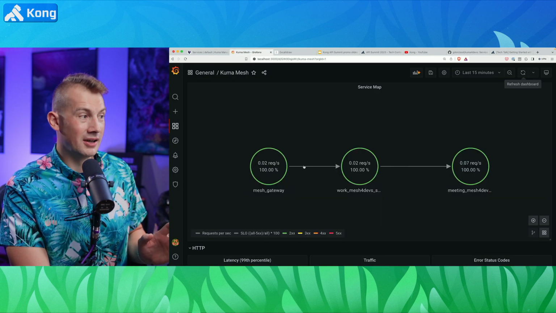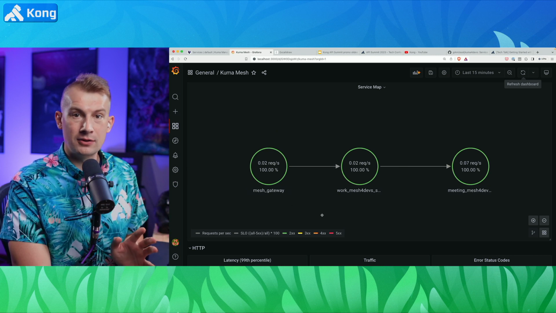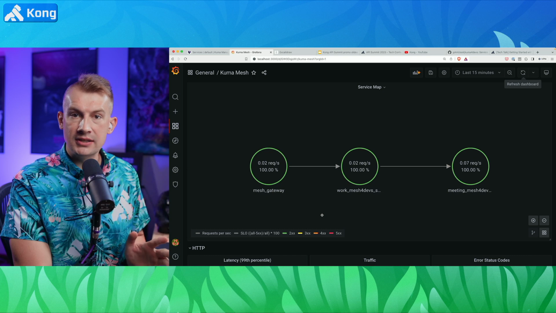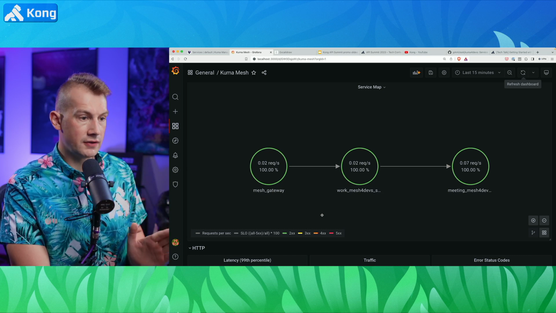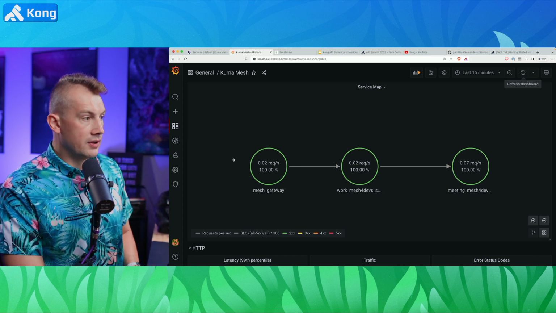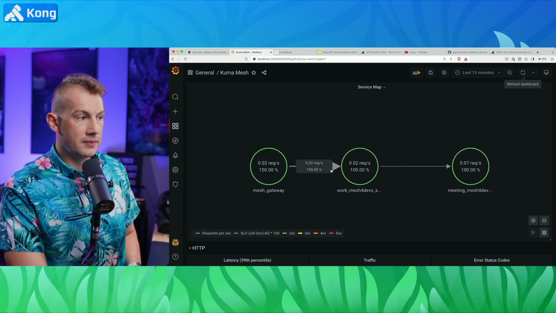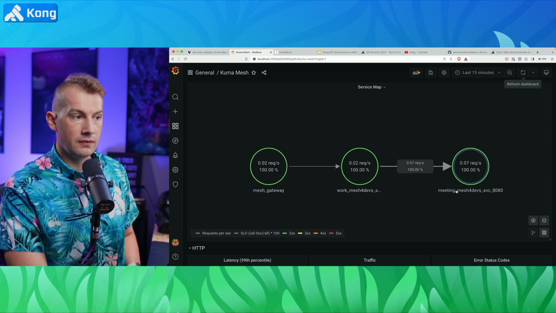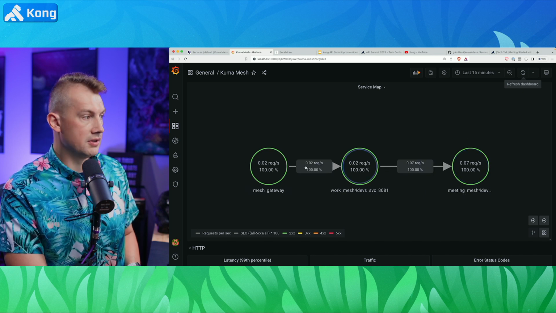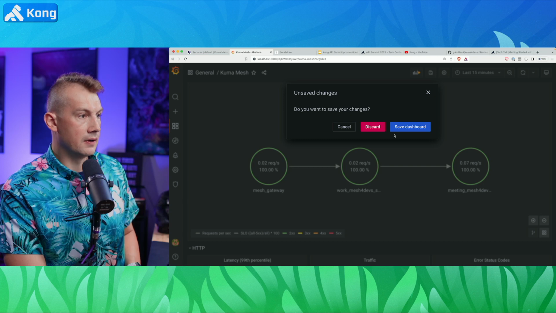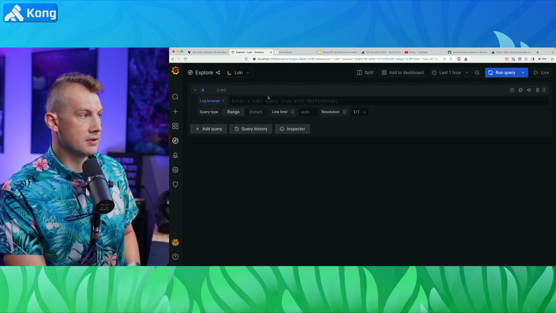But this one is automatically generated based on the tracing data available inside the service mesh. So this is our mesh gateway. It sends requests to our work application, and the work application will invoke the meeting application. If I want to just discard this, if I want to go and see a little bit on the tracing side of things,